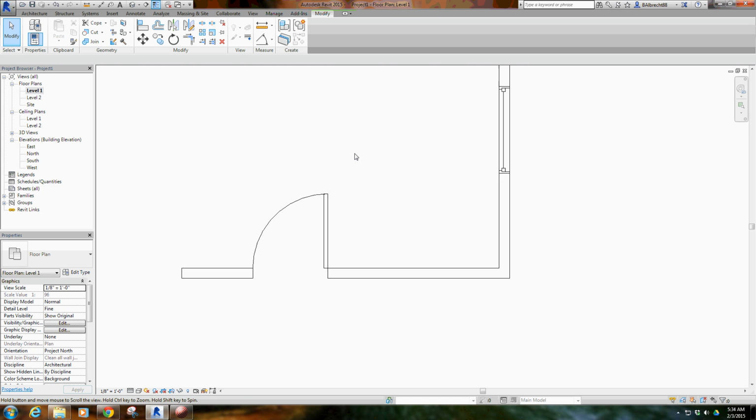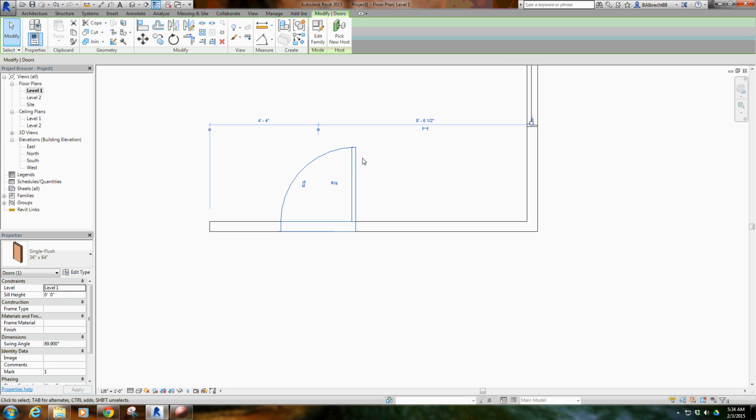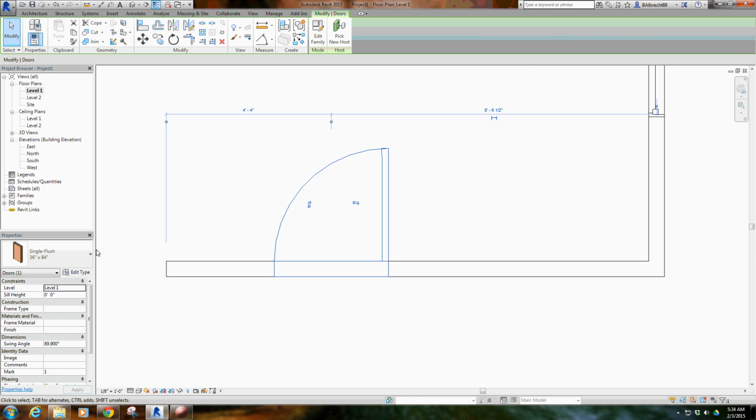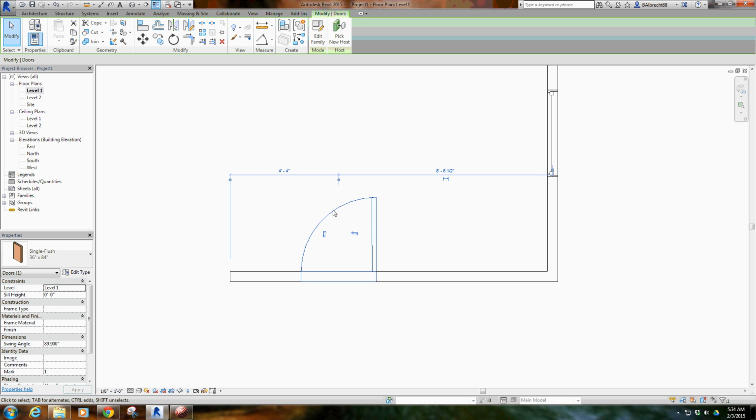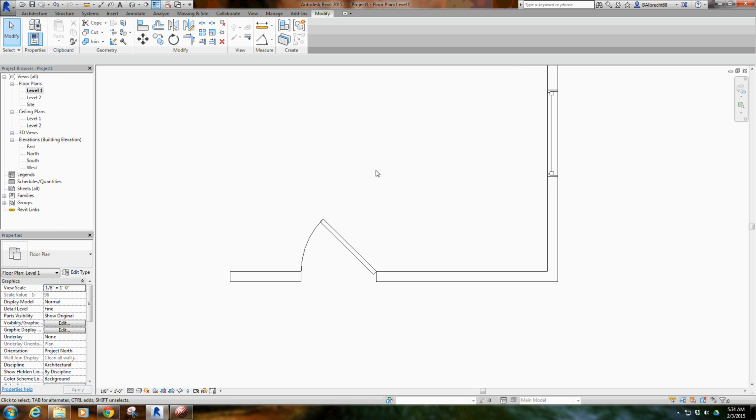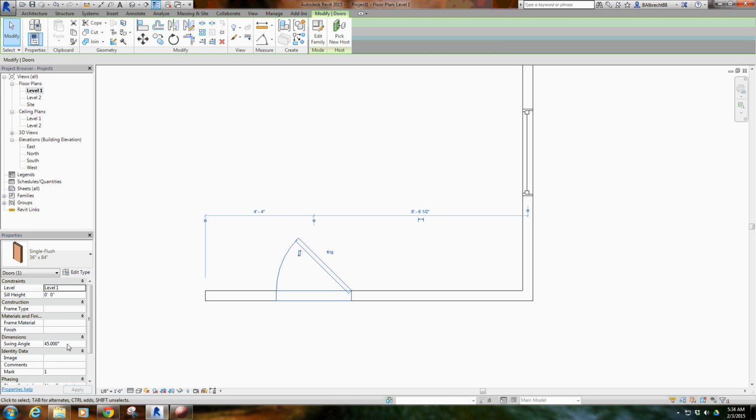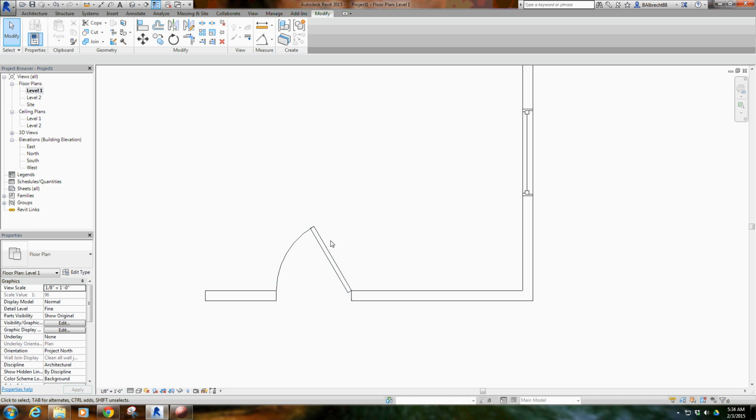So doors, a little different. So I've got this door here. One of the properties that I have built into this door that you will not have in your doors is this little thing here, this dimension, the swing angle. So I've built into this file the ability to change what my doors look like in plan. So whether I want it to be a 45, a 60, all of that stuff, that starts to be adjustable,